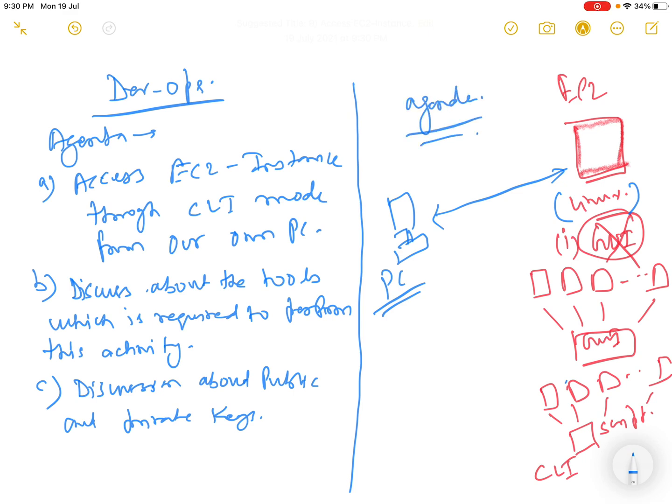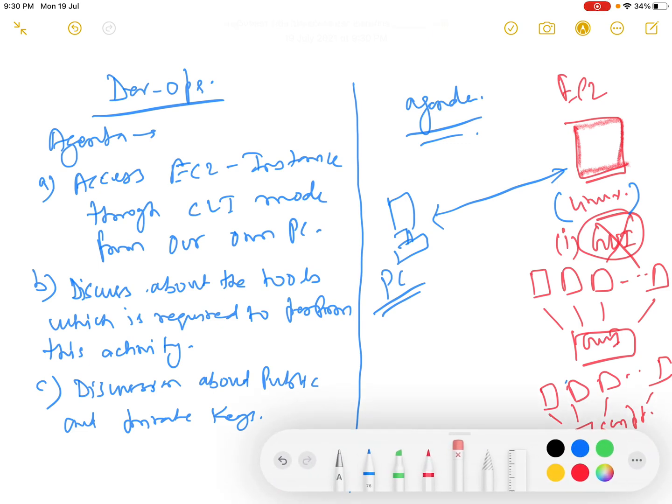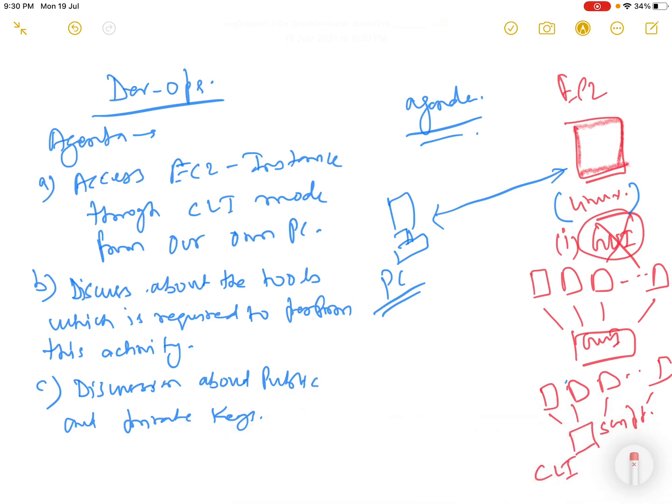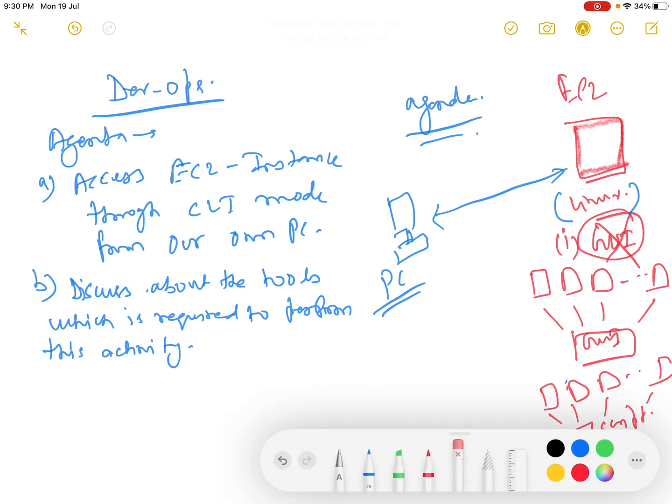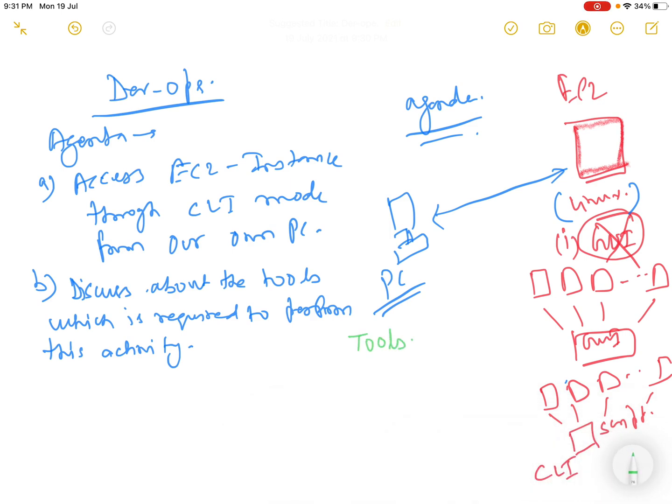So for doing this we will require some tools. What are these tools? The first one will be Git Bash.